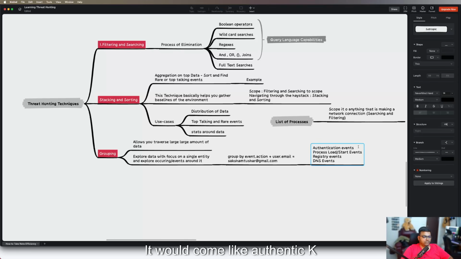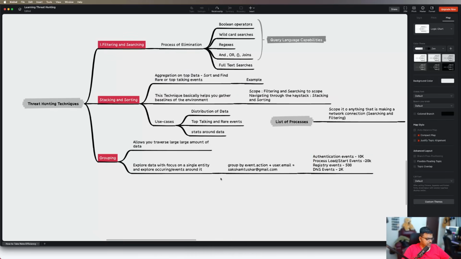Right, it would come like authentication events are 10k, process load is almost 20k, registry events are say 500, DNS events are 2000. Right, now from this you would go back into a feedback mode. Again you will go back to refine your actual query,